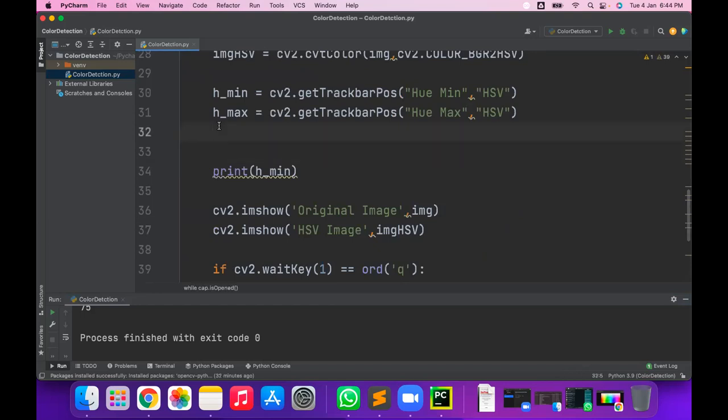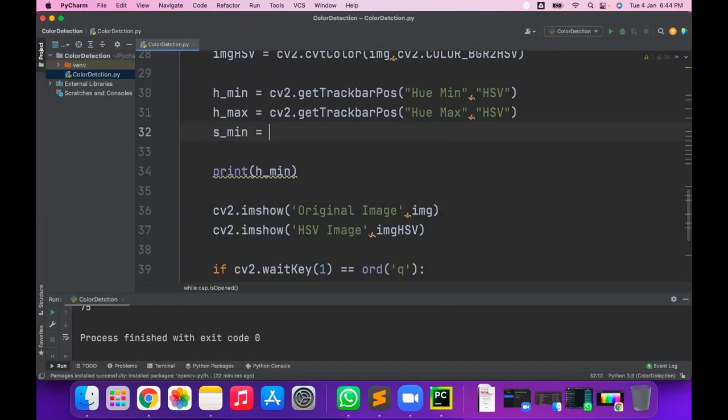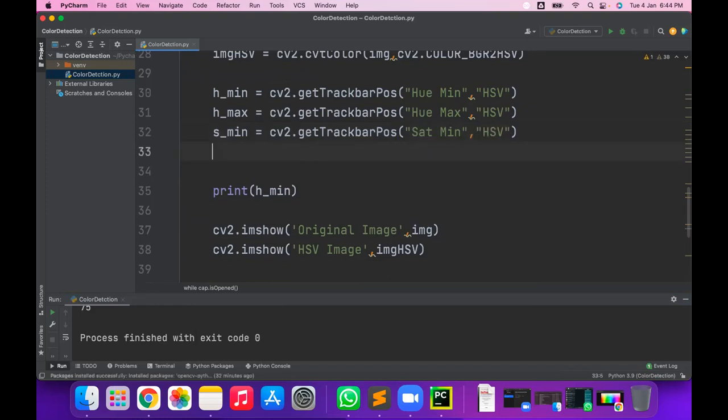So H max I have written, S max also, S min also first I am reading. cv2 dot get track bar position, and what is the name? It is sat min, and the window name is HSV. Then S max is equal to cv2 dot get track bar position, and sat max comma HSV.